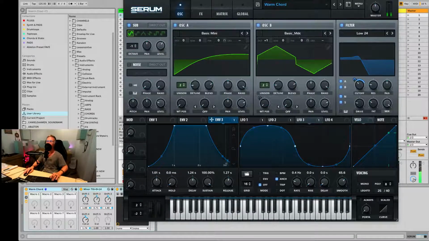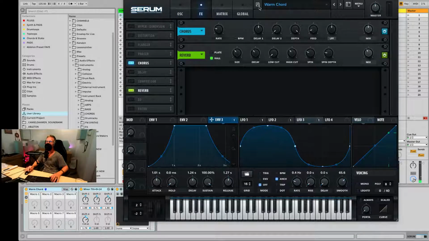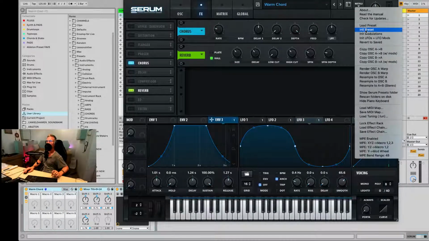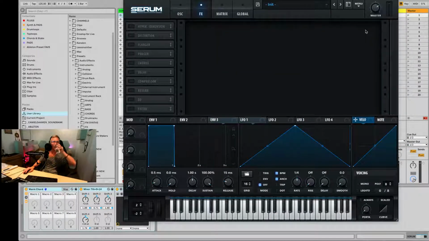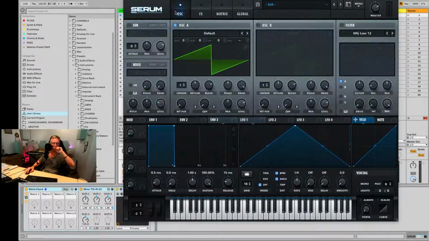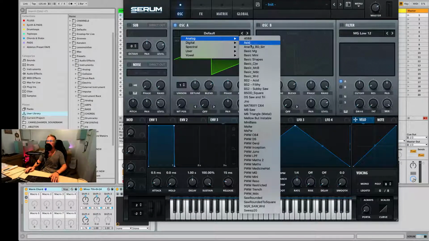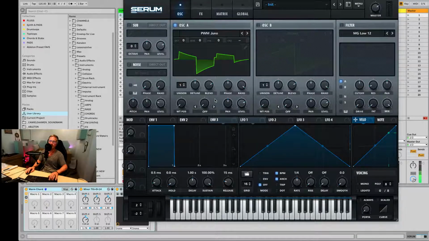Shall I make one more? Why not? Okay, I'm going to make one more. Let's go to menu, init preset, and what shall I make? Maybe something more with sine waves, and then also very spacey. Let's take, what do they have? Are they here? What's this? Ooh, oh, this is really